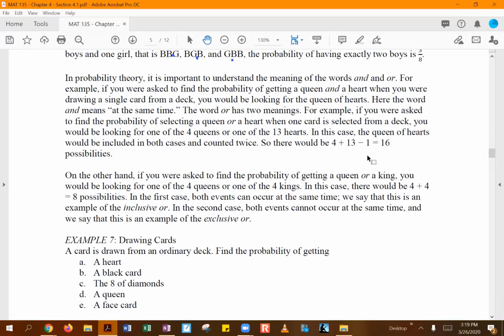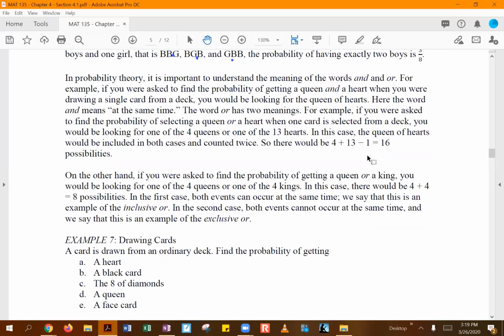So if it's already being counted under the queen, the 4 queens, you don't want it counted for a second time under the 13 hearts. So that's why we're going to subtract that, which gives you a total of 16 possibilities. So of course, then you can do 16 out of 52 to get your probability. Now, in this case, we are talking about the or, where that same card can actually fall under both